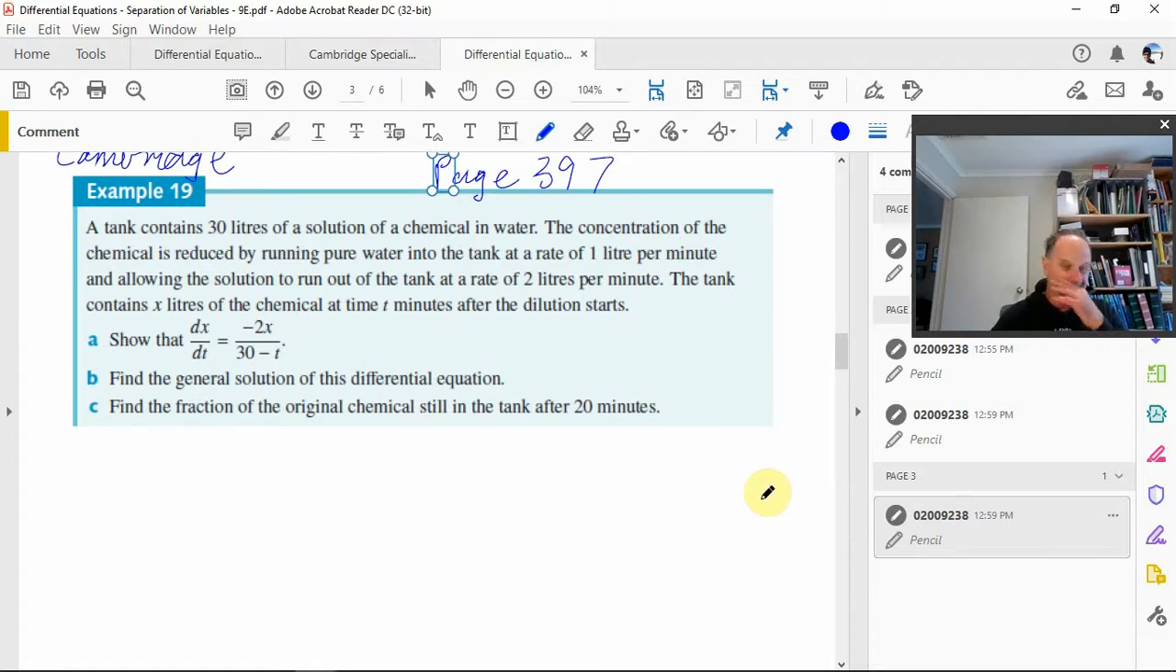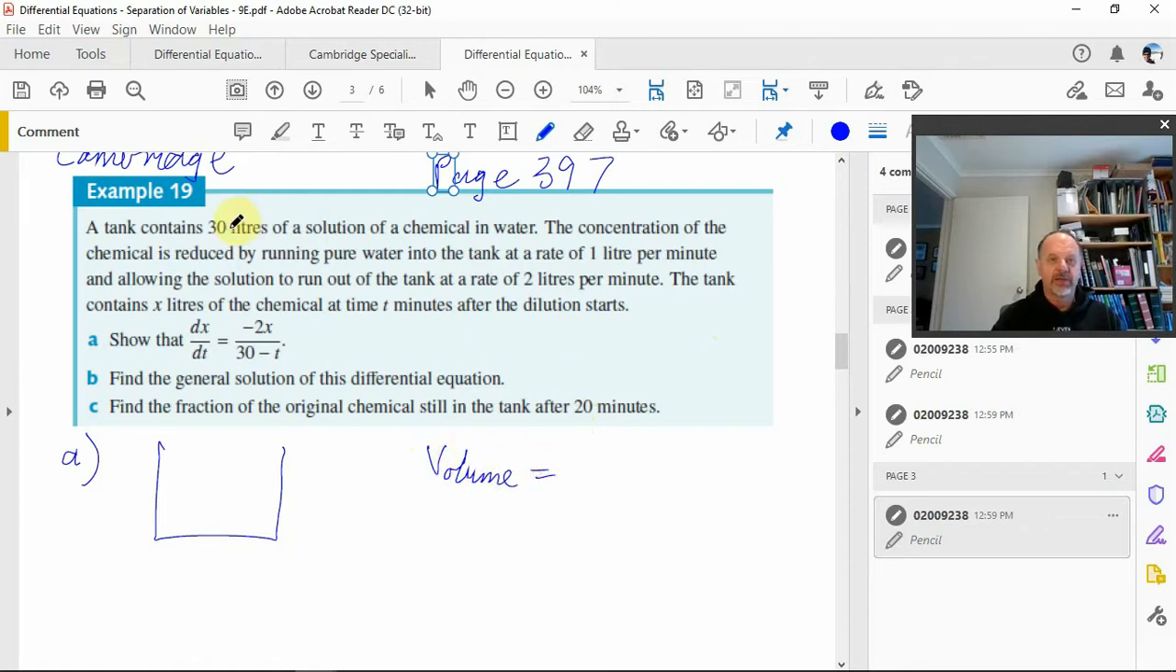So first of all, we've got this tank. There's our tank. So the question is, let's worry about the concentration, or how much of this chemical is in there, a little bit later. But what we will do is have a look: how does the volume in the tank change? So our volume